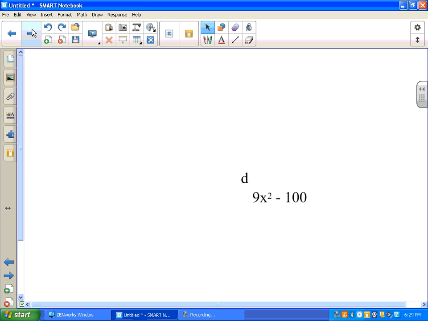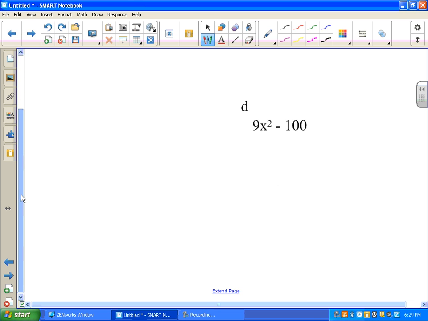D. First thing that I recognize is that it's a subtraction problem. Second thing that I recognize is that there are only two parts to it, so I think difference of two squares. The third thing that I think then